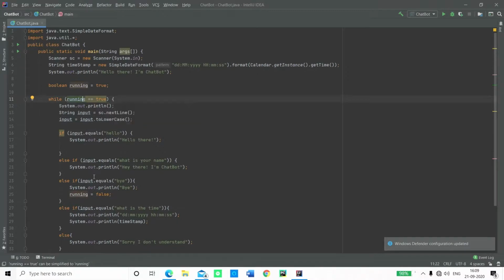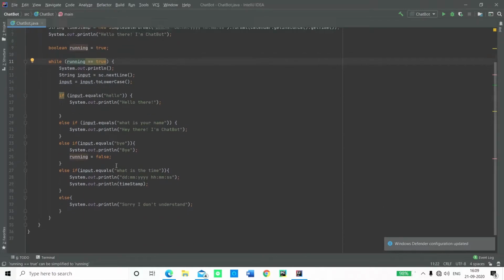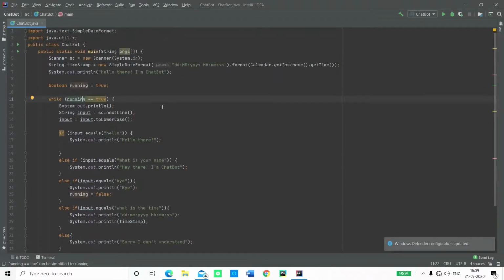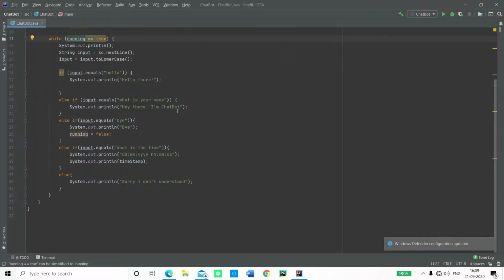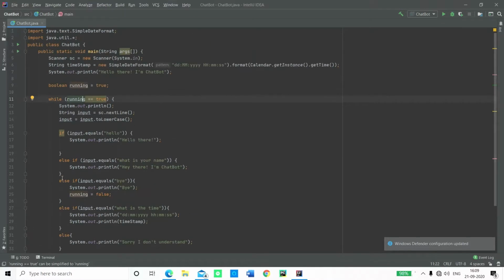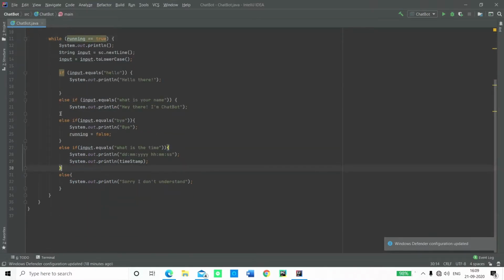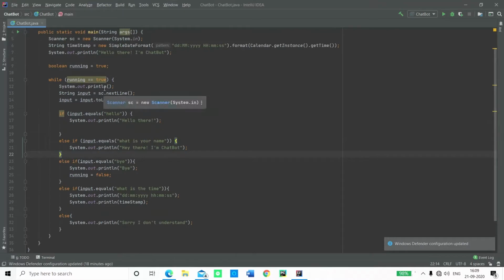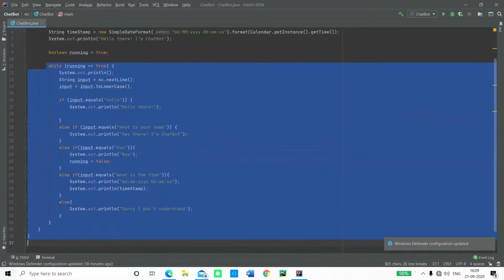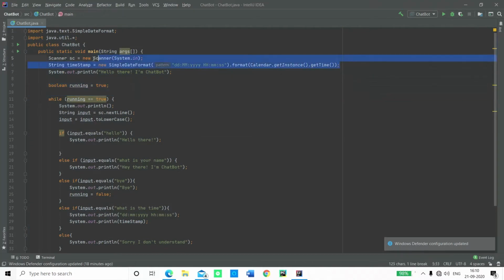So you don't really have to worry about the user entering in any format, whether it's capital or small. You don't really have to worry about having the time being updated every now and then, because every time the user asks for the time, it's fetched from your system right over here. If you notice, that is exactly how easy it is. It's just 37 lines of code, which is honestly going to be less. It's going to be around 20 if you just remove these brackets, considering the actual main logic part of it, which is this part and the time format right over here.